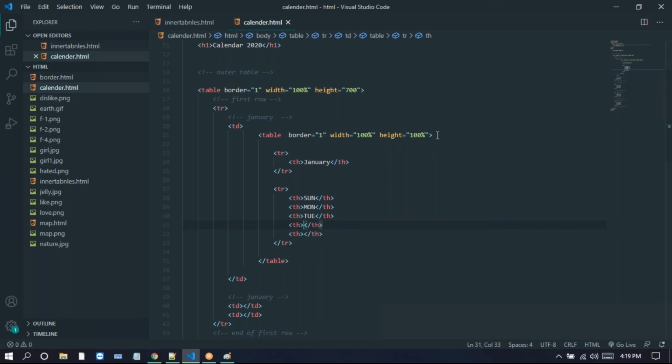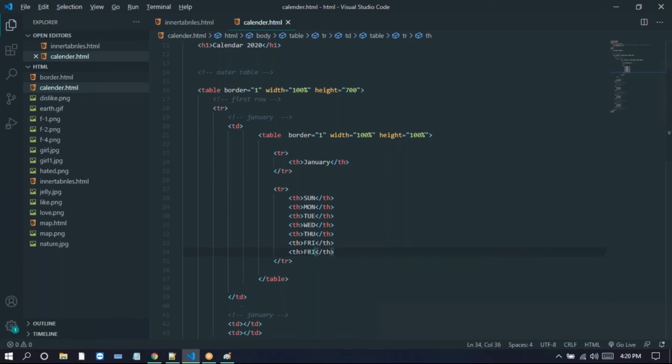Next we have Friday and Saturday. So we have 7 days: Sunday, Monday, Tuesday, Wednesday, Thursday, Friday and Saturday.